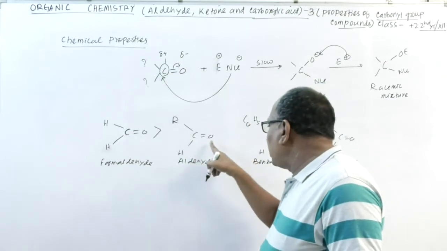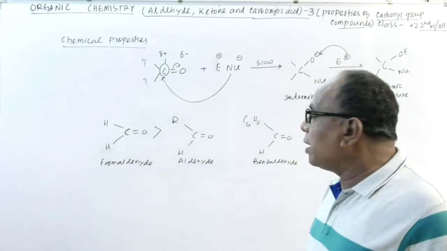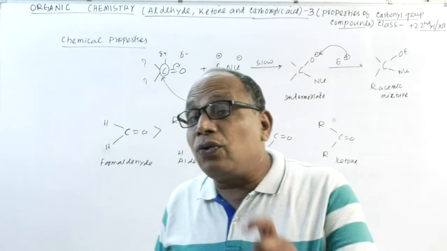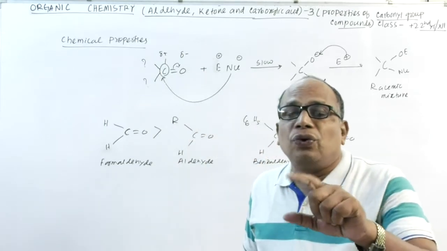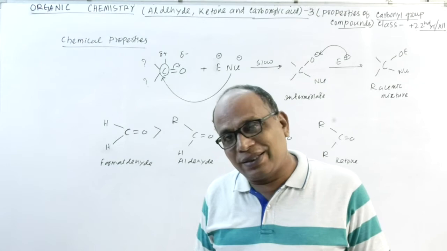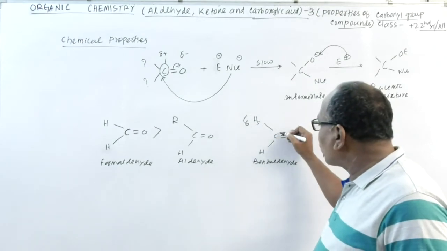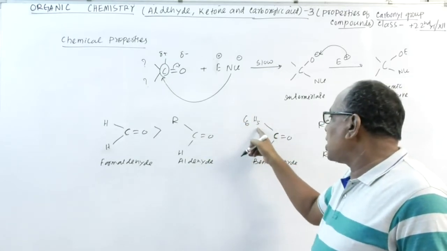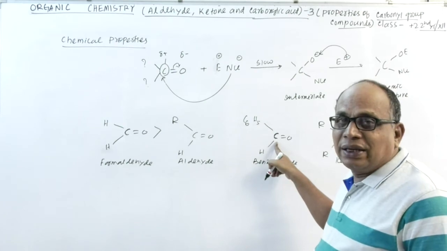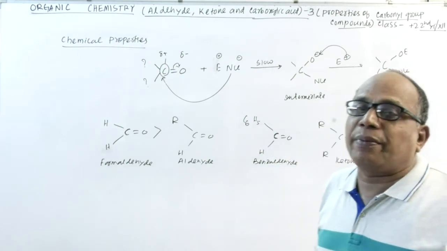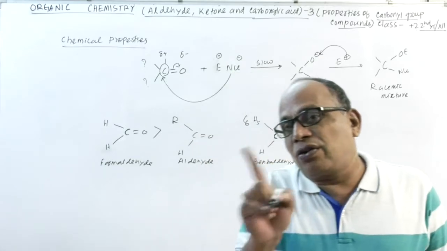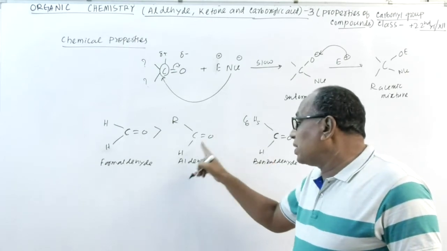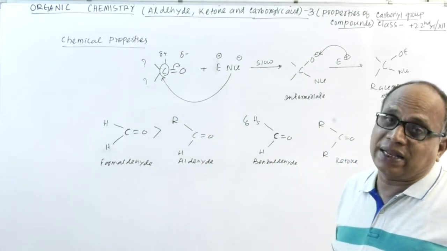Now come to the aldehyde and the benzaldehyde. Benzaldehyde contains a phenyl group, and the phenyl group has the power to donate electrons by resonance. This can provide more electrons to this carbon atom by resonance, by which this part will carry the positive charge and this carbon has no charge. If the carbon atom of the carbonyl group does not possess positive charge, the nucleophile will not attack so easily. That's why benzaldehyde is less reactive than any other aliphatic aldehyde.